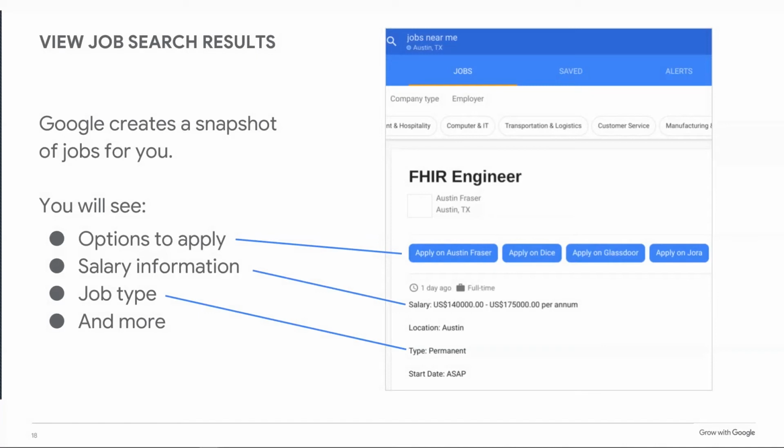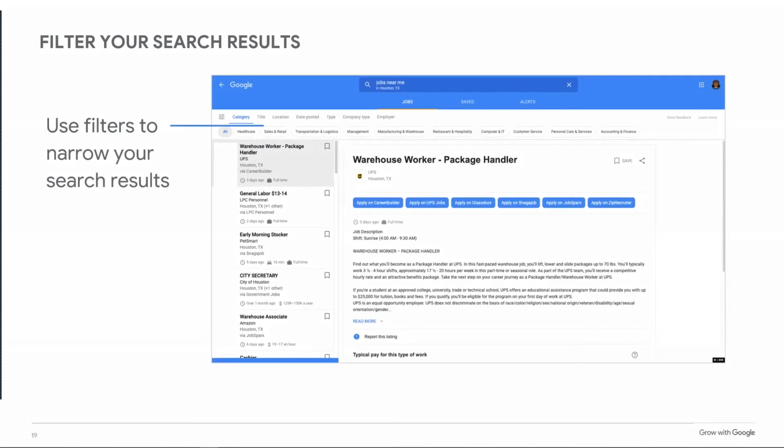It gives you the salary information that is available, and the job type: full-time, part-time, temporary, that kind of information. And it'll give you much more information as it is available on that job. This is why you're going to want to keep those links that are available to you within your job searcher, because there are different applying methods available.